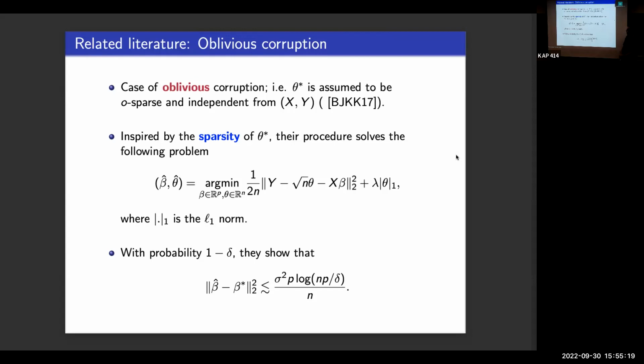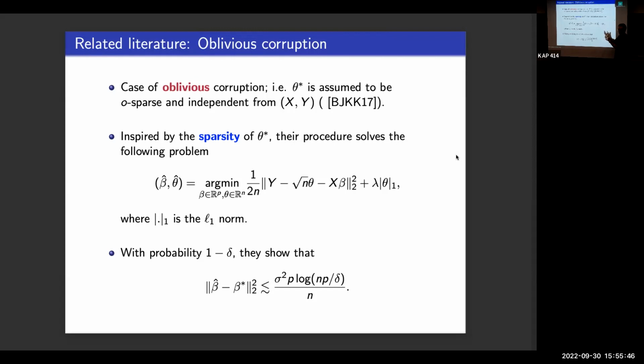I don't see why, but I agree that this is a very simple setup where probably things work better. But what I want to focus on here is basically the optimization method they used. Think of this regression problem. Now they're trying to estimate exactly beta and theta. And what they're doing is what we do in lasso in general in high dimension regression.